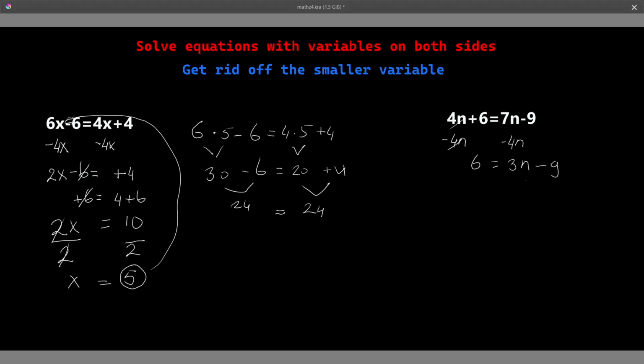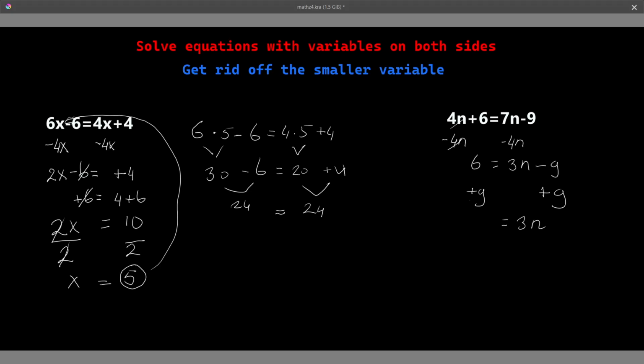To isolate the variable n, you need to use inverse operation by adding plus 9 on the right side. What we do on the right side, we need to do also on the left side. So we need to add plus 9 also, which gives us 3n